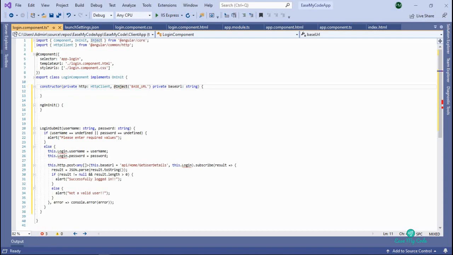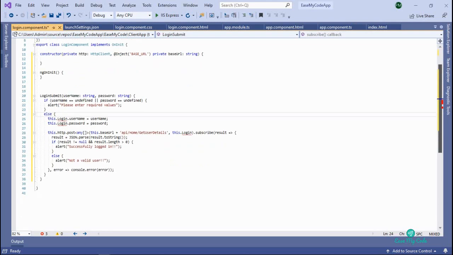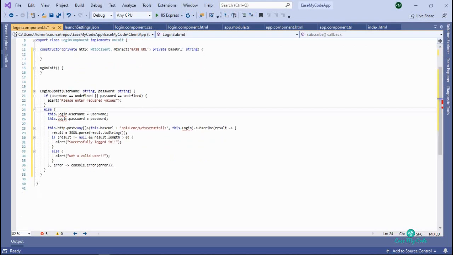Okay, so the login submit method is written here. There is another error which is getting reflected here. This is because we haven't created the class which we are going to pass to the get user details method of our home controller of our web API. So let me add the class here.